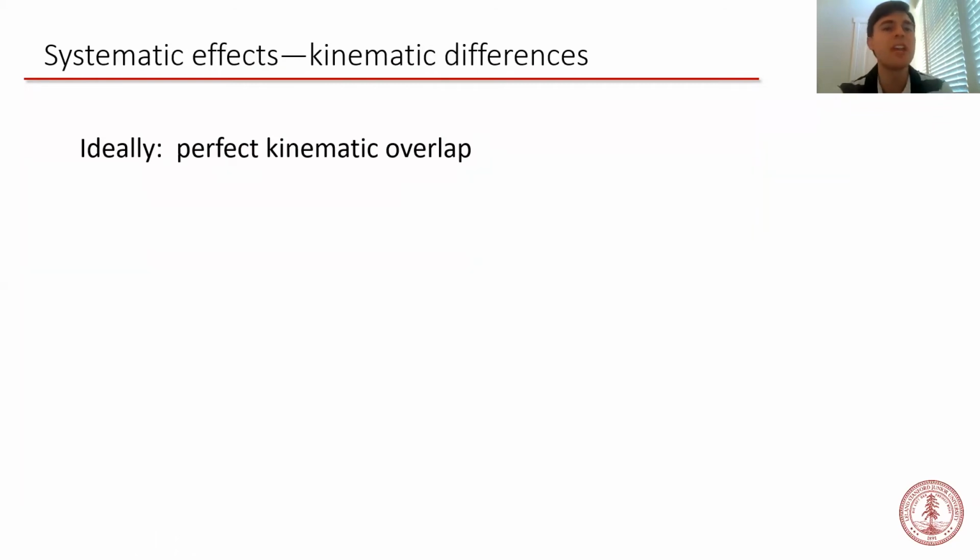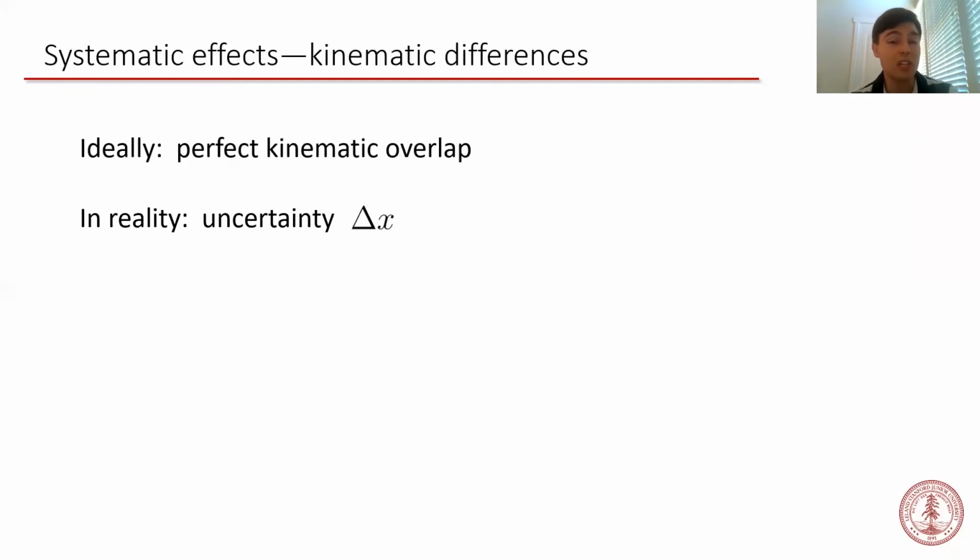Okay, let's start with kinematic effects. In an ideal free-fall test of the equivalence principle, the 2 test masses would have identical kinematic degrees of freedom at the beginning of the observation time. Specifically, they would have the same initial position and same initial velocity in all 3 dimensions. But in a real test, there's always some uncertainty in how well the 2 test masses are actually overlapped.